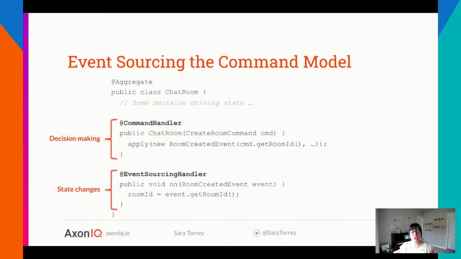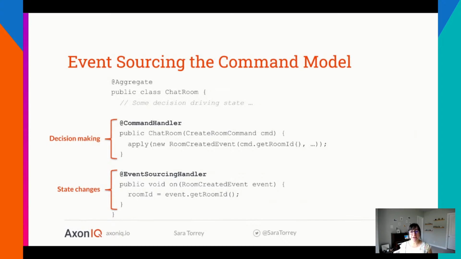This separation into distinct methods is required because we are doing this aggregate based on the CQRS model that we talked about, and we are event sourcing it. That's why you have this event sourcing handler within your aggregate. Hence, state changes in a command handler are a big no-no here because they will be picked up when replaying your past events.